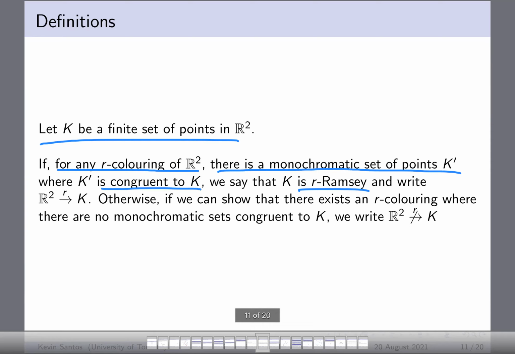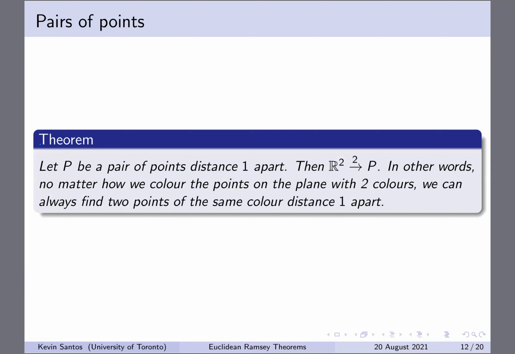So we can actually prove that no matter how we color the points on the plane with 2 colors, we can always find 2 points in the same color distance 1 apart. So if we let P be the pair of points unit distance apart, then